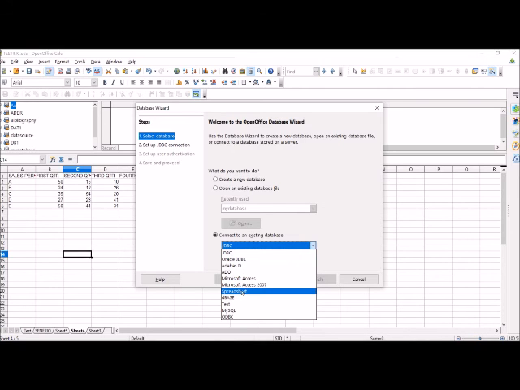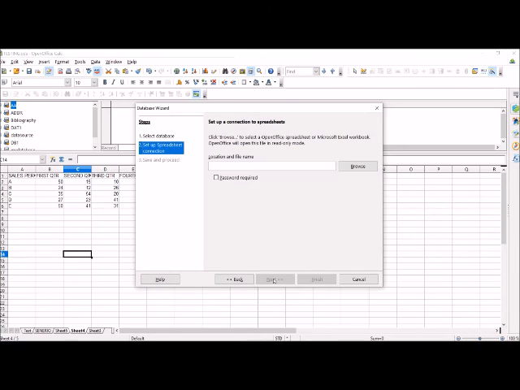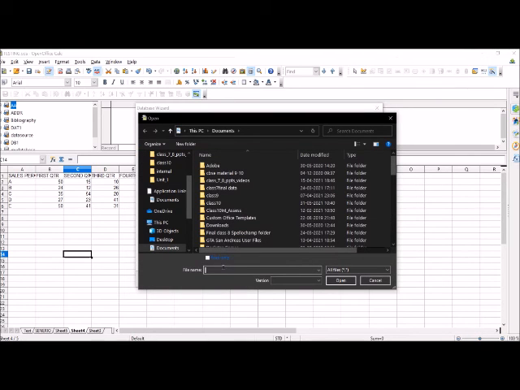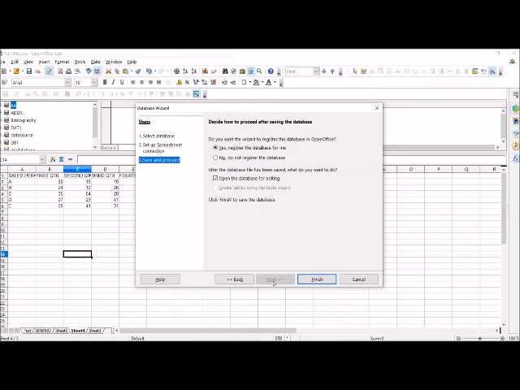And here I'll select a spreadsheet. Now I'll click on OK, next. And then to connect to that spreadsheet, I'll browse here. And again, I'll select that practice session spreadsheet only. I'll click open and then I'll click on save and then finish.